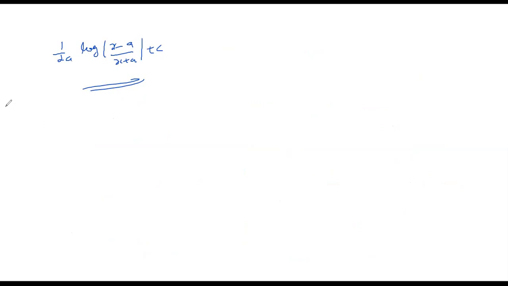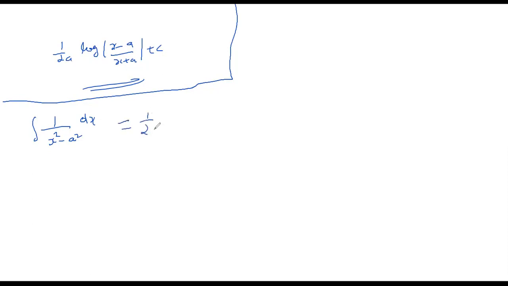Okay, I'll do it one more time. The integration of 1 by x square minus a square into dx. All questions are the same format. You have to practice more, and that time you will get it, which question has what answer. In the exam, they won't give this answer part. They'll ask, derive the integration of 1 by x square minus a square dx and evaluate, for example, x square minus 4. They won't give the answer part, that's why it will be confusing. How to prove the result 1 by 2a log of x minus a divided by x plus a, plus c?